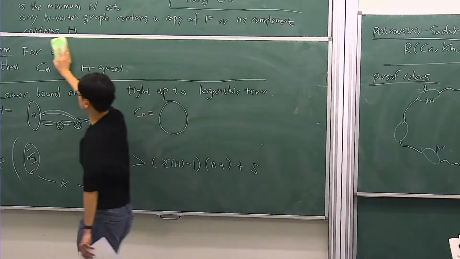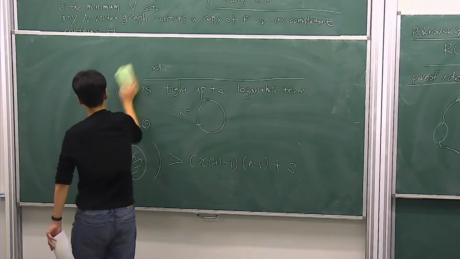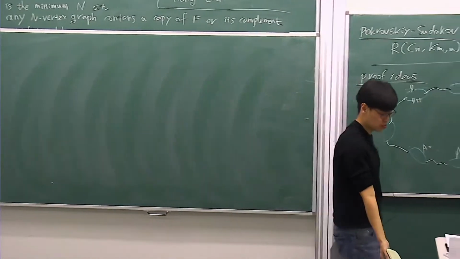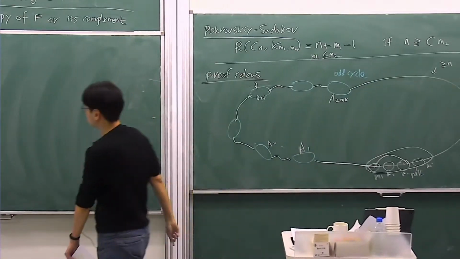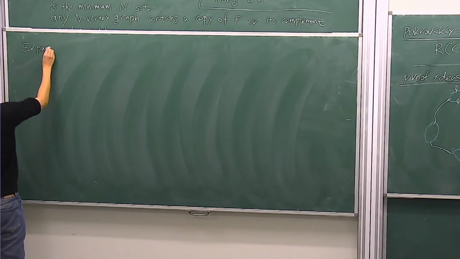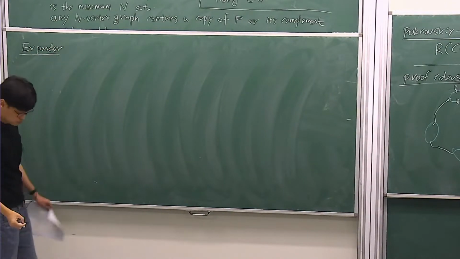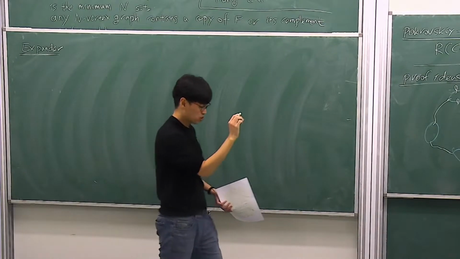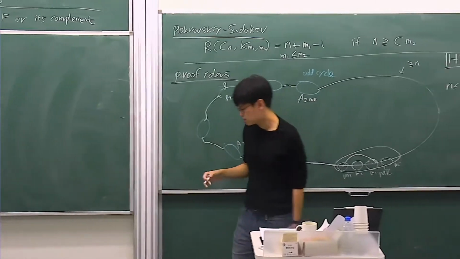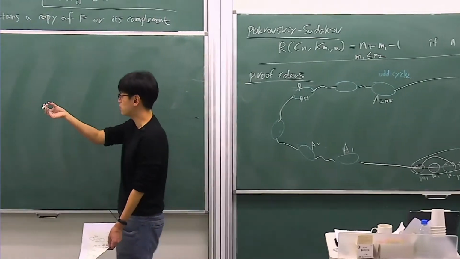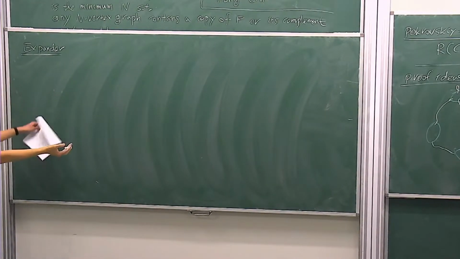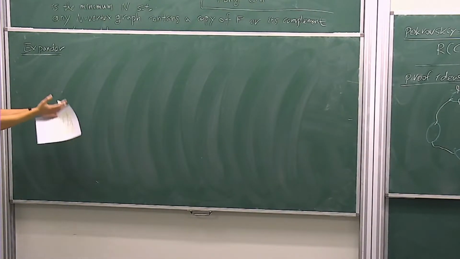And then how do we want to build that? We want to use some expansion. So we want to use an expander. An expander is a graph such that if you have a subset, then it extends lots of edges outside. I mean, more precisely, it has lots of neighbor vertices outside. And if you have an expander, we don't know whether our graph is an expander or not yet, but if you